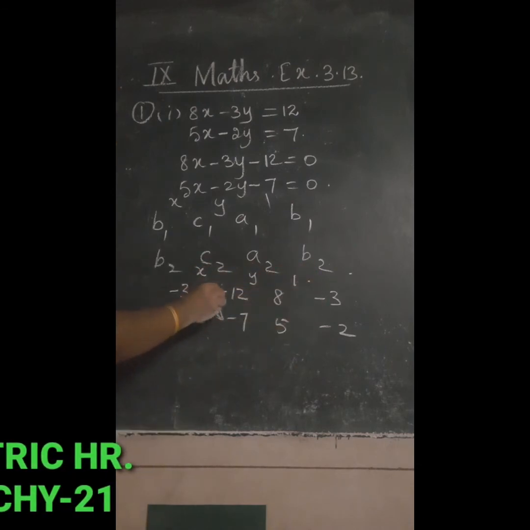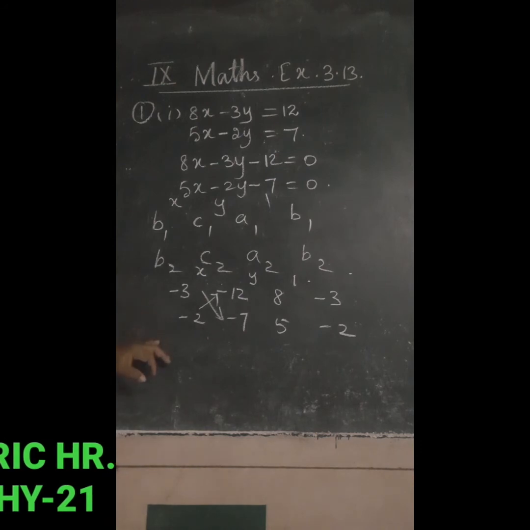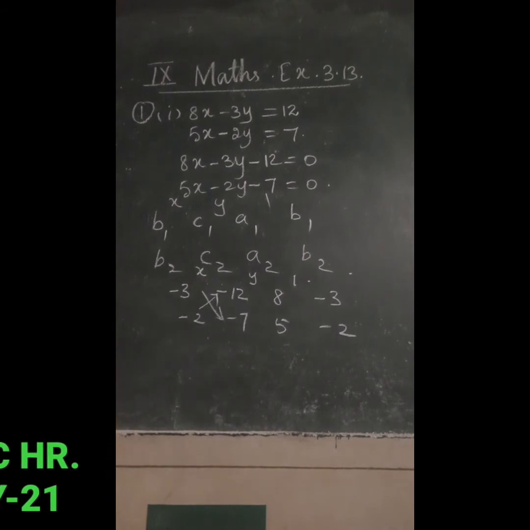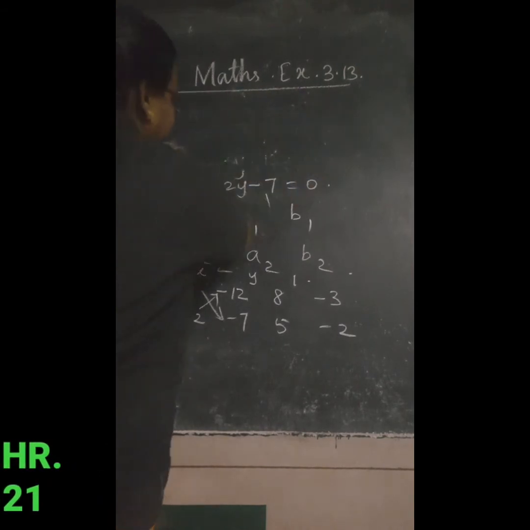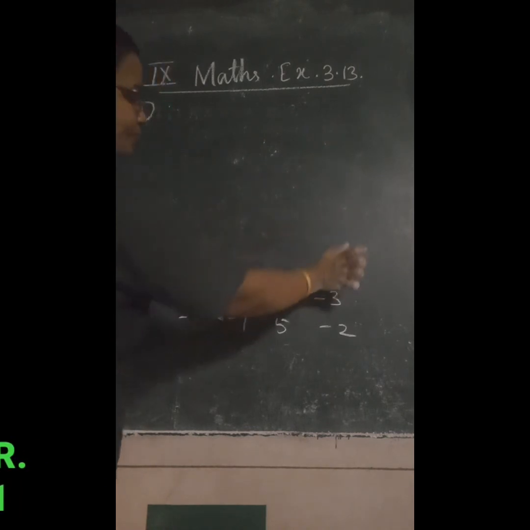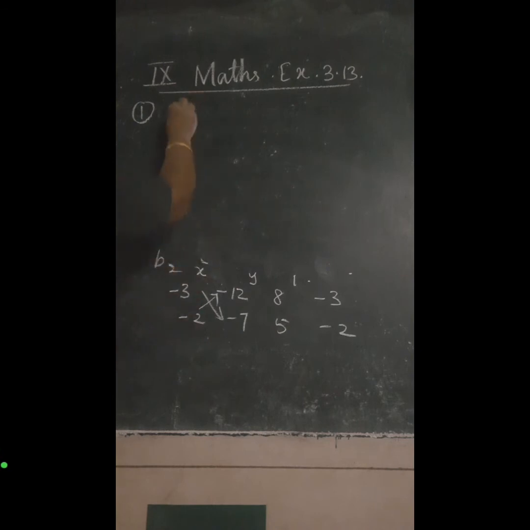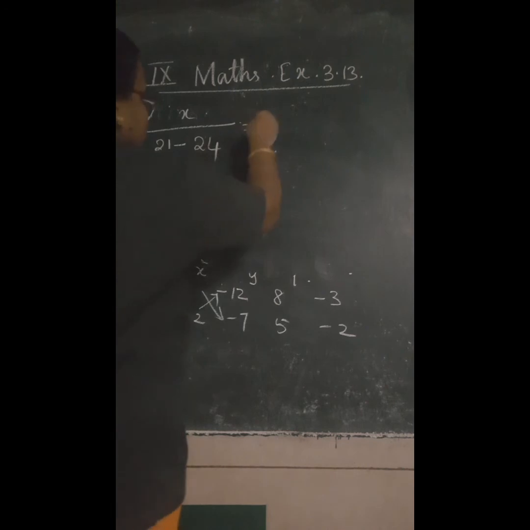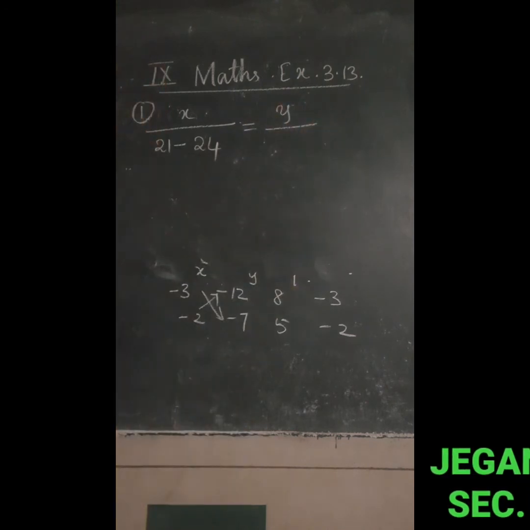Now we cross multiply. Let us see how to cross multiply. So x divided by, cross multiply: 7 3s are 21, minus of minus is plus. Here minus symbol, and minus of minus is plus, 12 2s are 24. So 21 minus 24. That is equal to y divided by,